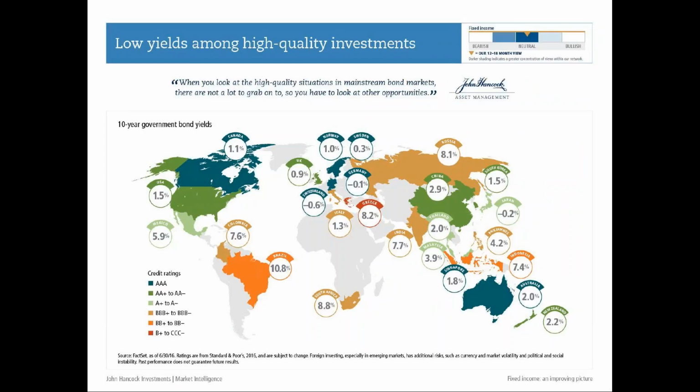So to start, I said that we're looking at a very low return environment, and if you look at this, it is 10-year yields across the world for all the major countries that offer debt. Okay, and it's color-coded by the credit rating. So the higher credit rating, meaning the better the credit quality, is more green, and then the red would be the more risk or the lower credit rating. And what you can see here is that